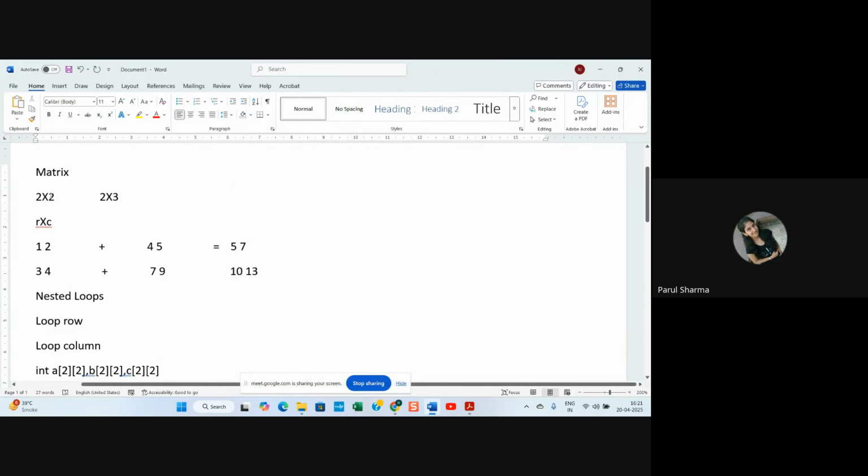क्योंकि कॉलम ऑफ फर्स्ट मैट्रिक्स शुड बी इक्वल टू रो ऑफ सेकंड मैट्रिक्स। तो कॉलम इसका कितना है? फर्स्ट वाले का 2, और रो सेकंड वाले का कितना है? 2। तो ये मल्टीप्लाई हो सकते हैं। और जो थर्ड मैट्रिक्स होगा, जो फाइनल रिजल्ट आएगा, उसका साइज कितना होगा? 2 by 3, राइट। तो अब मल्टीप्लाई करने का रूल तो यही है कि आपका जो कॉलम फर्स्ट मैट्रिक्स का है वो रो सेकंड मैट्रिक्स के इक्वल होना चाहिए,